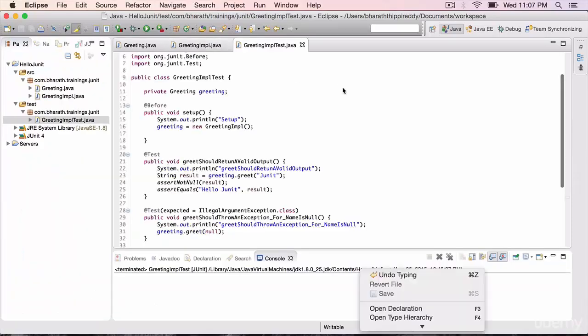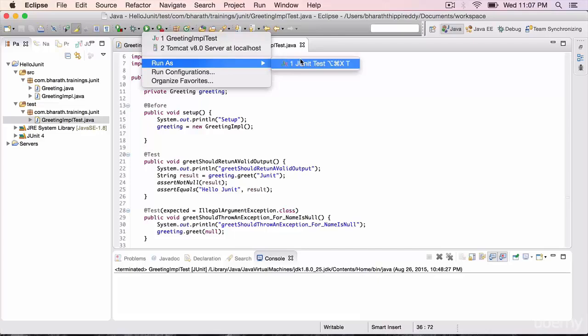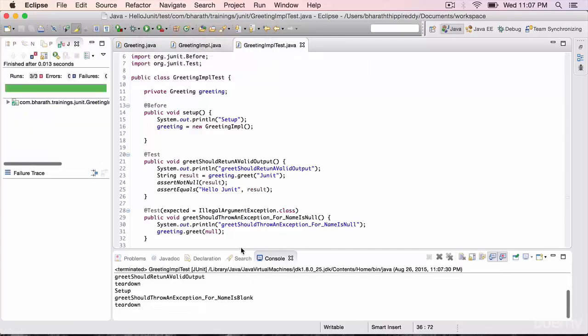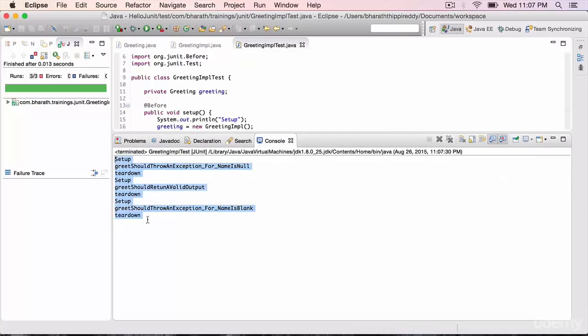Now let's run this test. Run it, you can simply go here, Run As JUnit Test. Everything is green, that is not what we are looking for. If we look at the console for our System.out.println, you see that the setup gets called first, then one of the tests, we don't know in which order they get called, but the important thing is setup, then the test method, tearDown, again the setup, again a test method and tearDown, and so on. So that's the important thing.